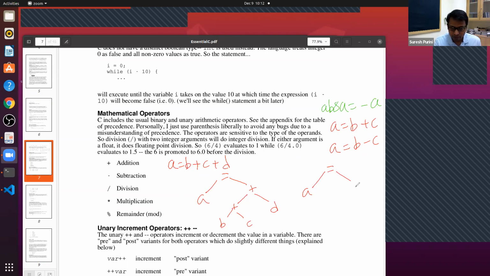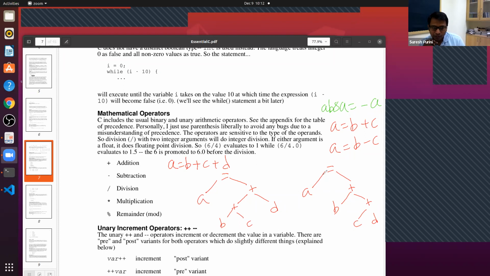You first compute. Are these expression trees making sense for you? The expression tree on the left side is a left associative tree computation. The expression tree on the right side is right associative. So this is left associative, this is right associative.